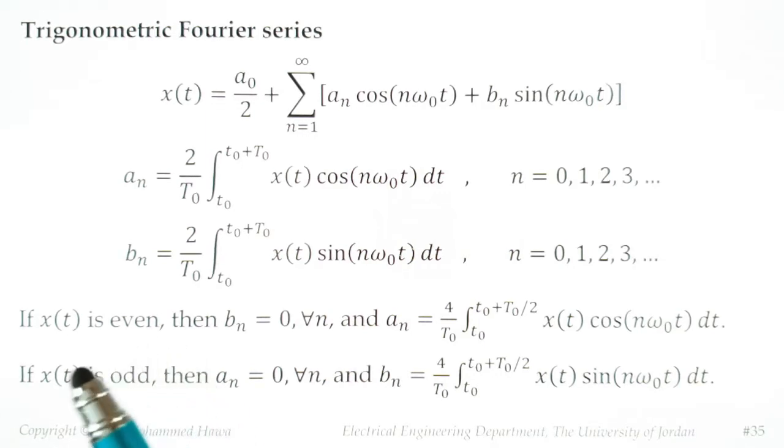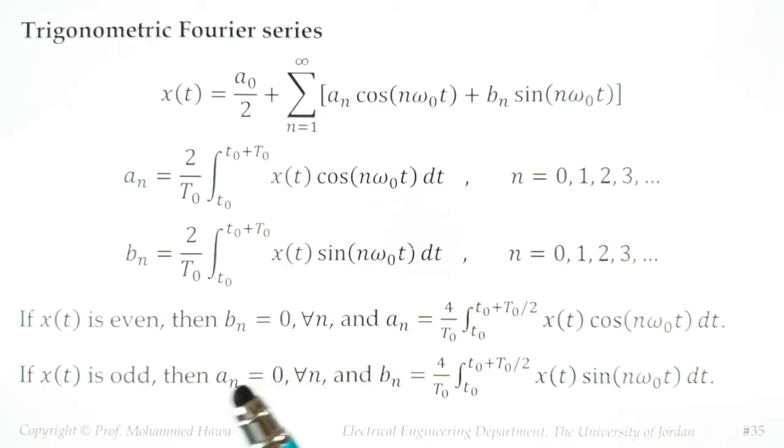On the other hand, if your x of t is odd, then you need the sines, not the cosines. So if you do the integral, you notice that an is actually equal 0. If you memorize this fact, you can save some time doing integration. By the way, if you go to our earlier 2 examples, where I showed you the concept of Fourier series, I used this fact to my advantage, and that's why I only use sines in the sum of the terms to get the repeated rect and the repeated sawtooth. I did not have to use cosines.